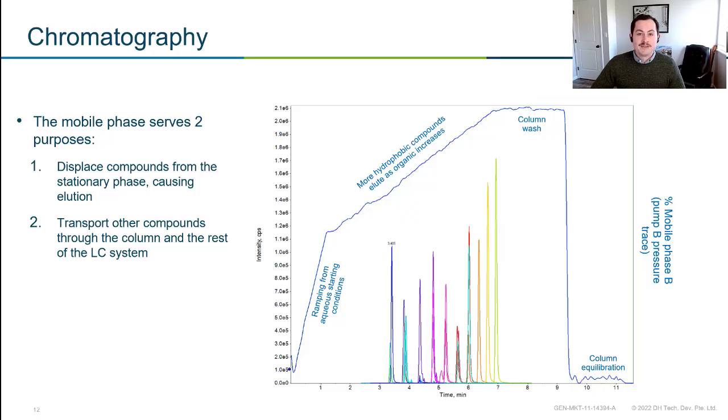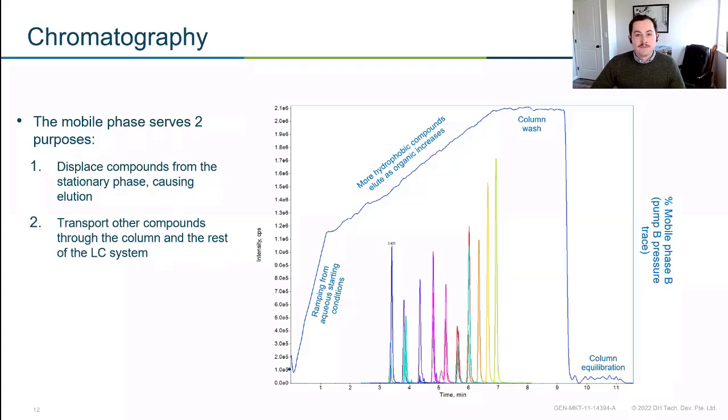And the time it takes to wash off the column is related to that retention in the sense we're thinking about the same variable, how many column volumes it's going to take. So your column volume is related to your column dimensions. So the length, the inner diameter, et cetera. So we want to make sure we get at least 2 to 3 column volumes of organic through our column. And that's just going to ensure that all of those other analytes, the ones we weren't looking for, have washed off our column. We're keeping our column clean, and we can use it for many, many more injections.